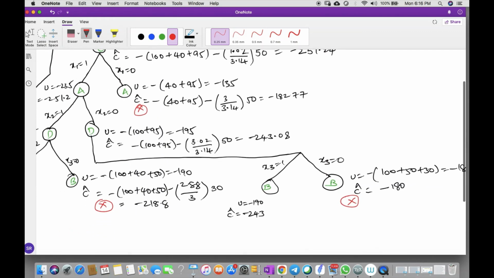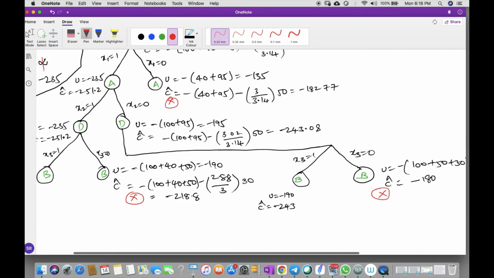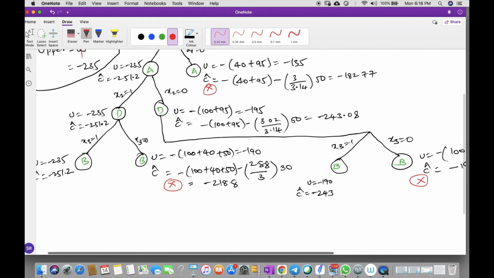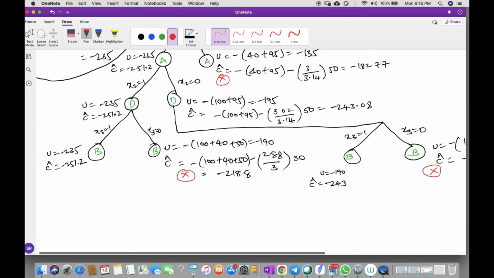Whereas this, still there is some promising things. But as I've said earlier, we pursued in this particular layer all the four. Let us see the least cost. The least cost is there for this particular node, which is B. So let us expand it.